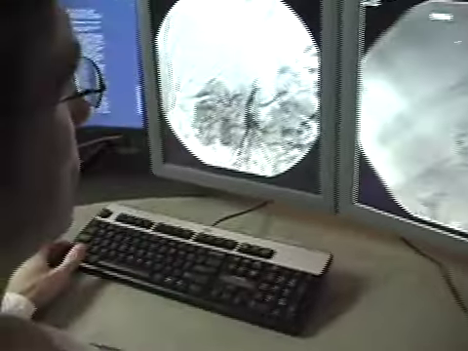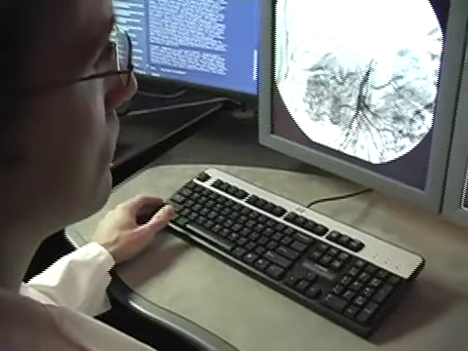Interventional radiology is a subspecialty of radiology whereby we use minimally invasive techniques and imaging guidance to perform procedures for diagnostic and therapeutic purposes. In relation to oncology, we perform biopsies of virtually every area in the body using imaging guidance to make diagnoses. We perform procedures like